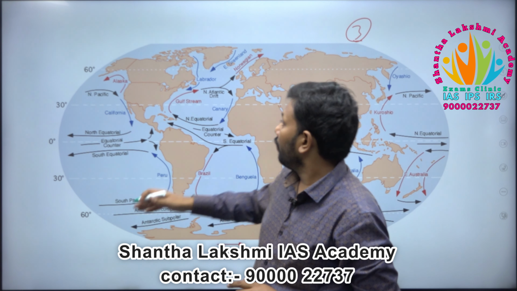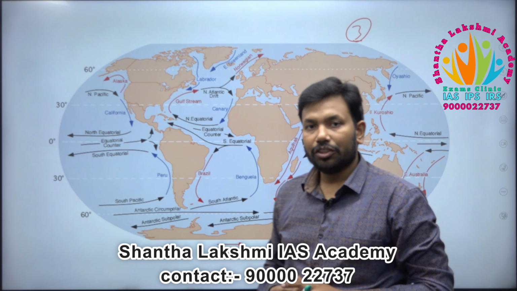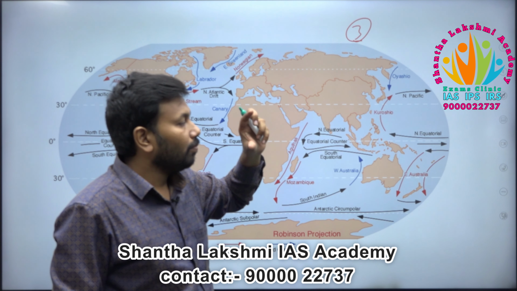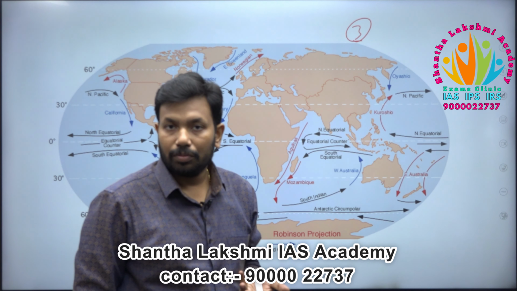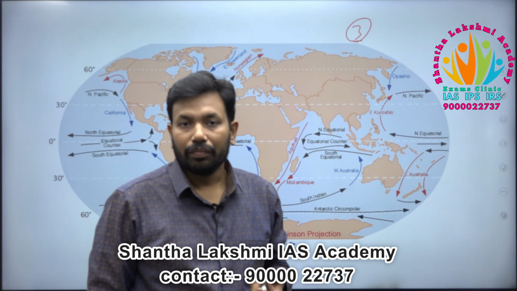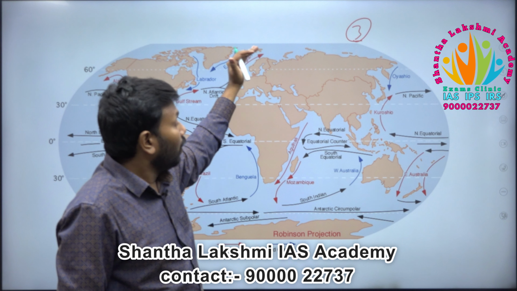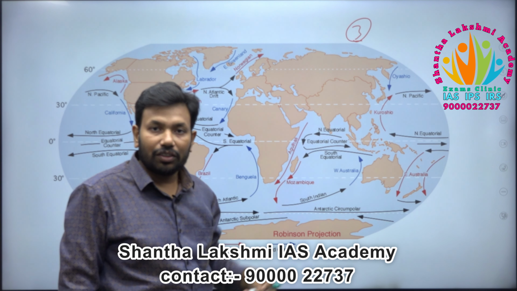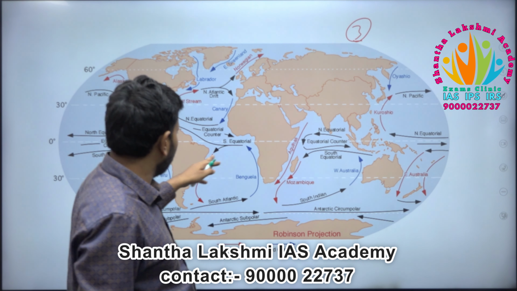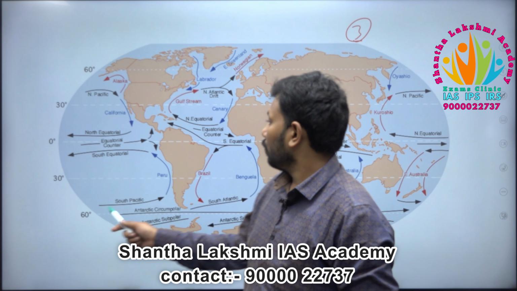For example, equatorial fishes are thin in nature, while polar fishes are thick in nature because of the climate, because of the turbidity of the water, cold and hot water. You can mention that along with it. But diversity is more at the equator compared to northern regions. Fish diversity, not human diversity. So you can mention fish diversity. Fishing zones, for example, in the coast of Peru, as you can see,